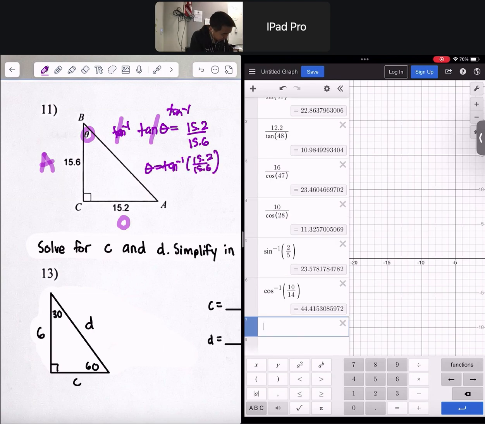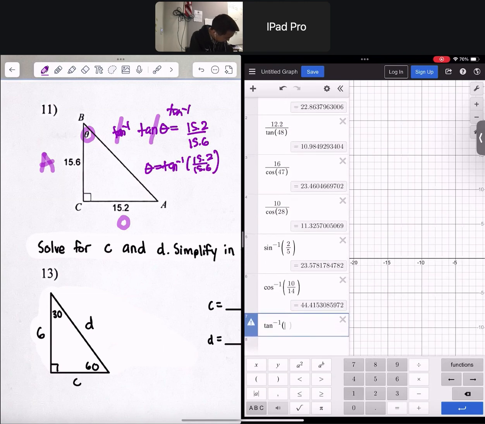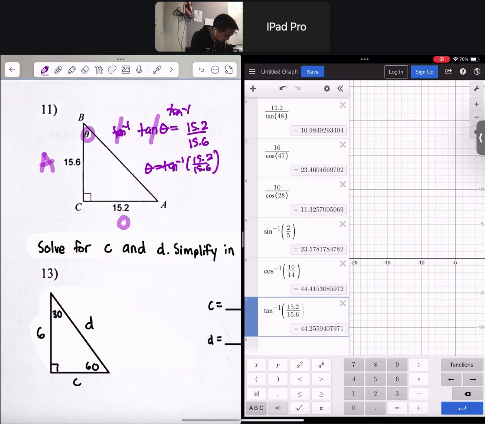We duke that out in our lovely decimals calculator. Tan inverse of 15.2 divided by 15.6 gives 44.25. Round that to the nearest tenth, so we get 44.3 degrees. Okay,